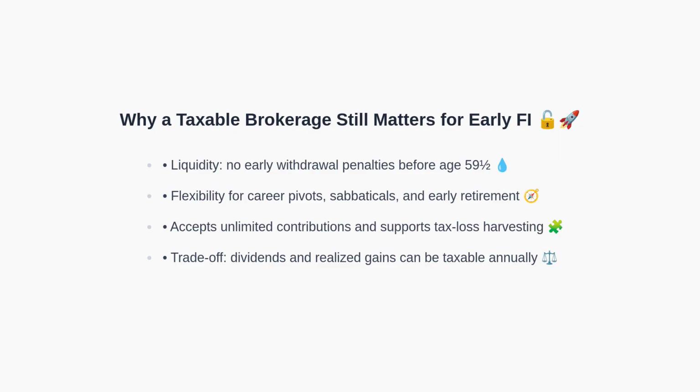Taxable brokerage accounts offer penalty-free access to capital well before age 59.5, which is crucial for early retirement or career changes. While contributions are not tax-advantaged, these accounts allow unlimited contributions, tax loss harvesting, and flexible use of funds. The trade-off is the potential tax drag from dividends and realizing capital gains. Despite this, taxable accounts are a powerful complement after maxing out tax-advantaged options, enabling early financial independence while retirement accounts